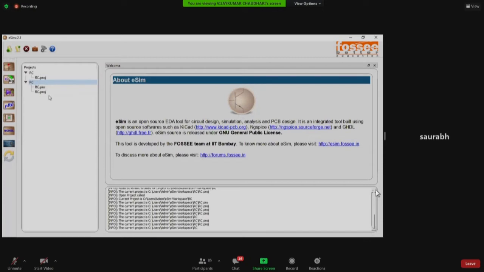Okay. Now click on the open schematic button. There are two, rc.pro and rc.proj. So those are the project file names. What you can do is, in order to open the schematic, you have to click on that open schematic option. Shall I select it and then? Sir, no, you have to select the main folder. Don't select the subfolders. RC has to be selected and then open.